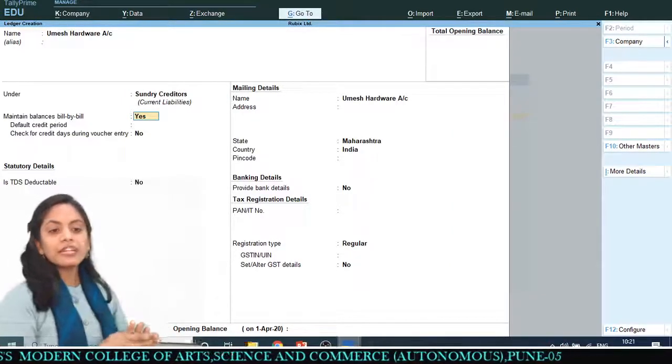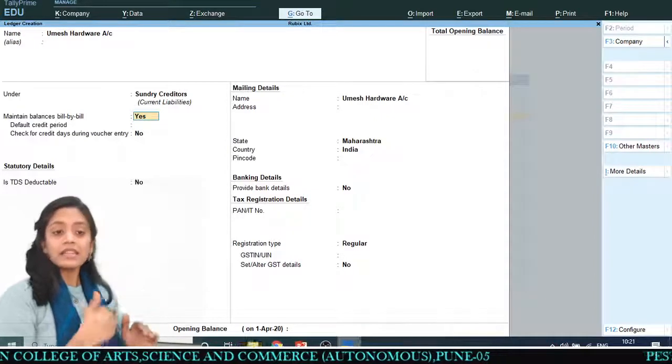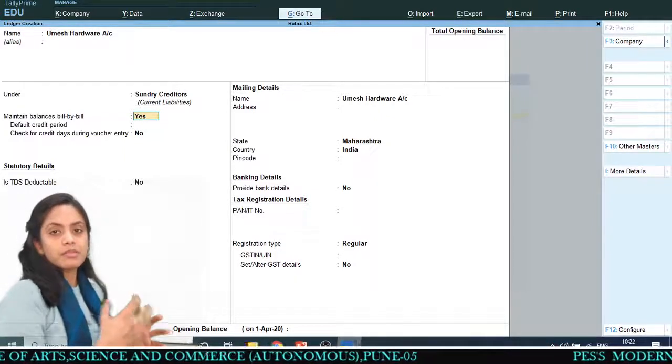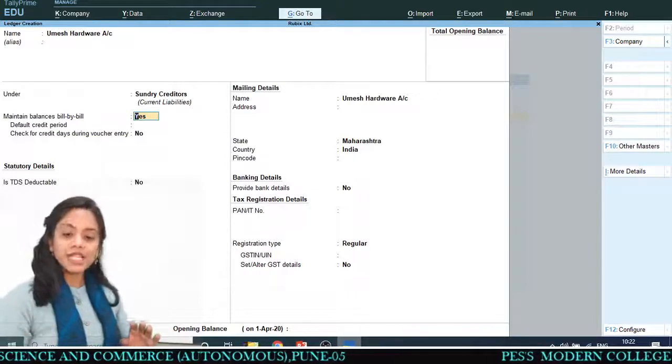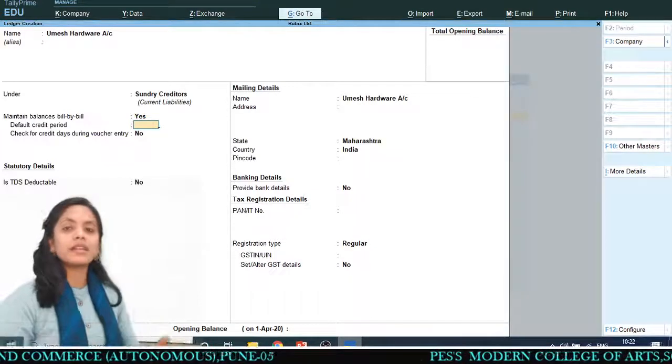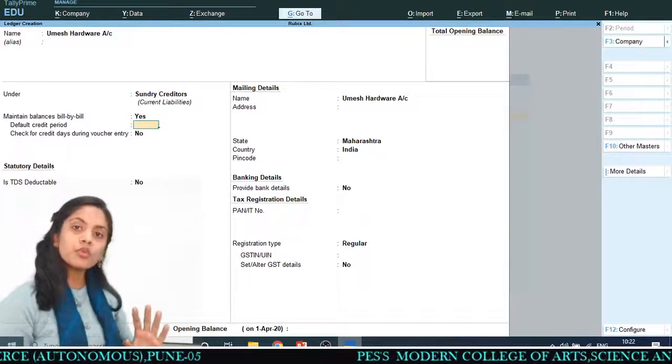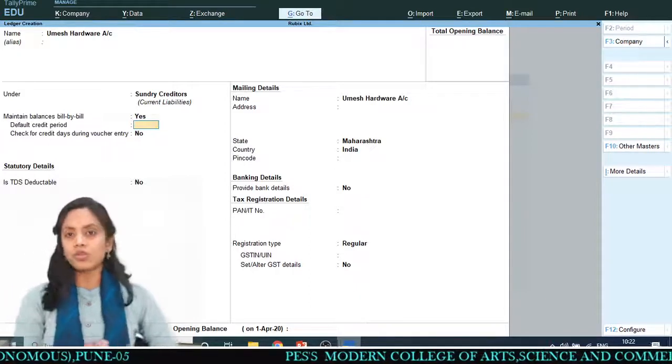And do you want to maintain bill by bill, that means bill-wise details, over here? I am saying yes right now because I want to maintain the bill-wise details. If you don't want to maintain the bill-wise details, you can say no also.